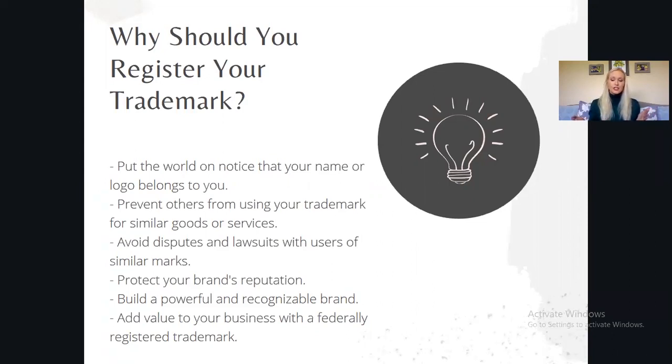So let's say you're a billionaire barista, and then someone else independently thinks of that name, and they come to the federal database to do their search. They're a well-intentioned person, trying to do their due diligence, and your name doesn't come up in a search because you haven't registered yours. And so they think that the name is available, and then, in good faith, they start building this business around this name, and then down the line, your two paths cross, and now you're in a trademark dispute with this